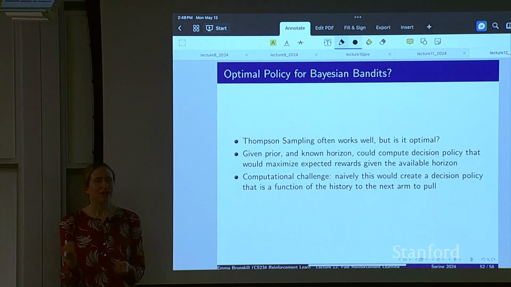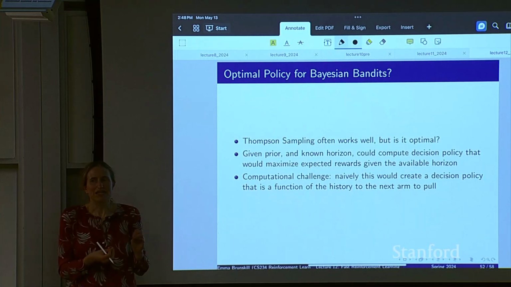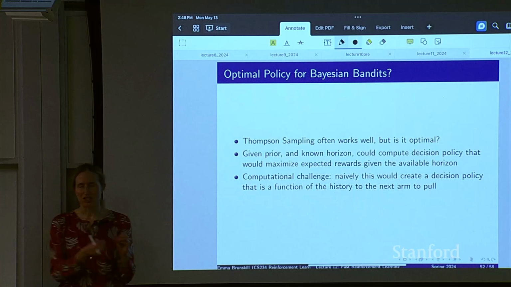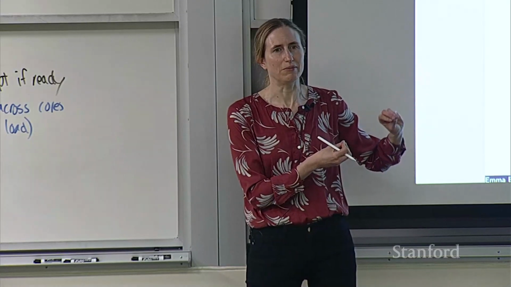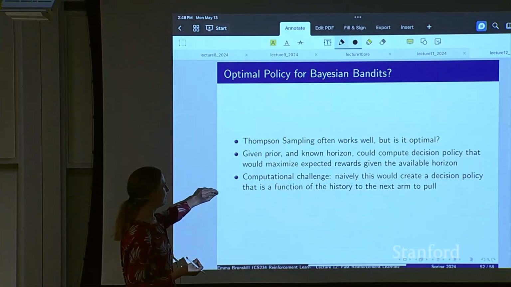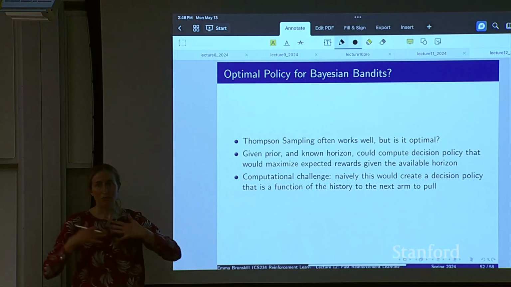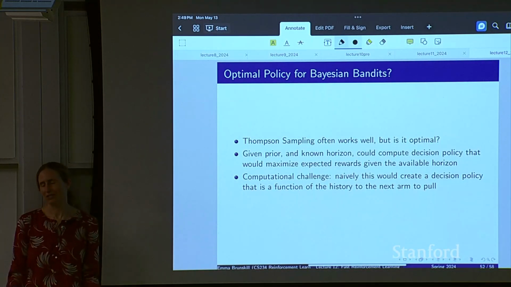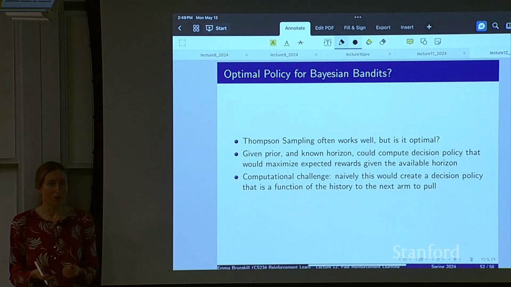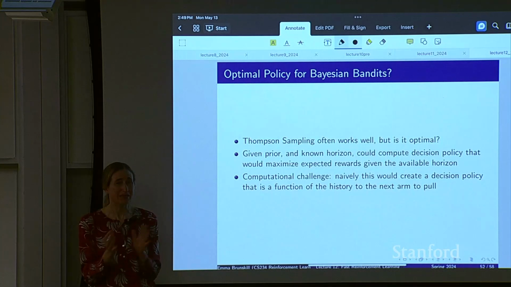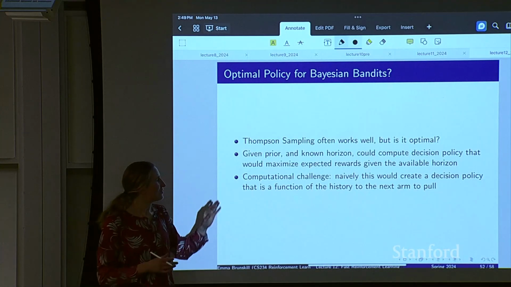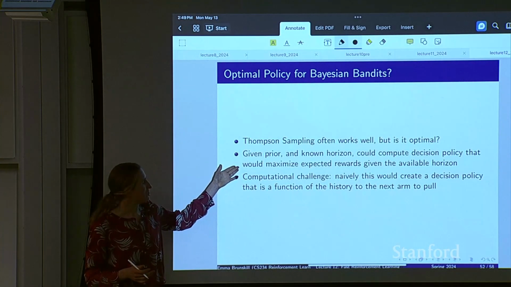Anybody here? Okay. So you can think of it like a POMDP. Your state is your parameters, your actions are pulling arms, and then your belief state is your new probability over your parameters. So it's really elegant. In theory, you can compute something that will exactly maximize your expected reward by doing POMDP planning. The problem, also for those of you who have taken my class, is that often POMDP planning is really intractable. So it's often not clear that we could do this in a computationally reasonable way.